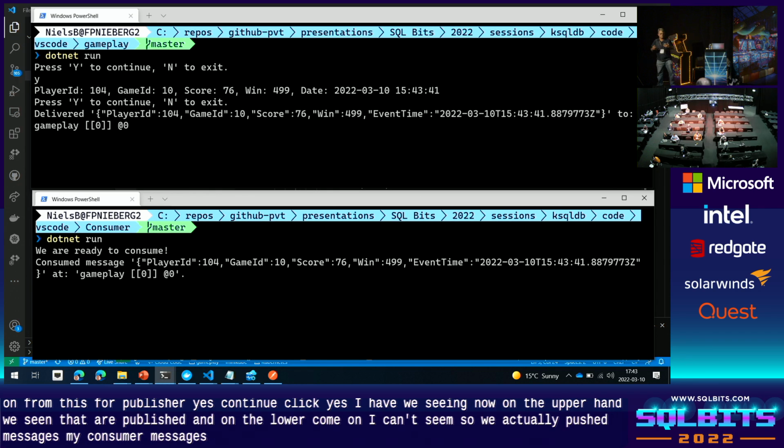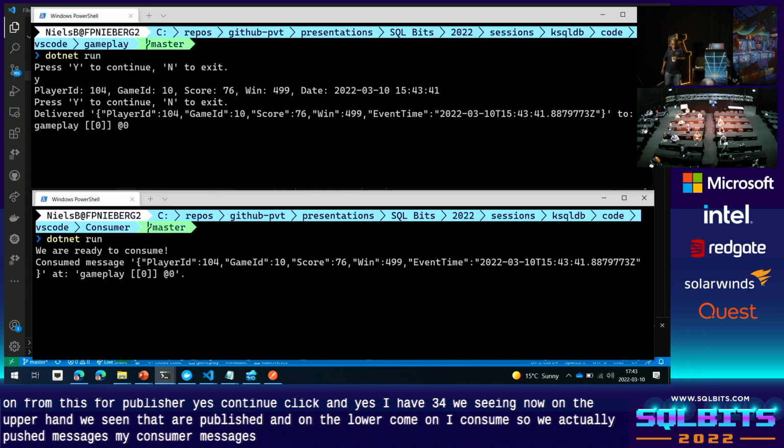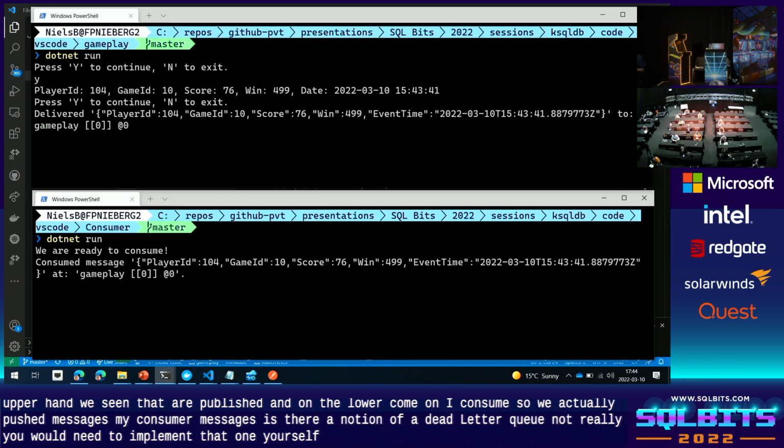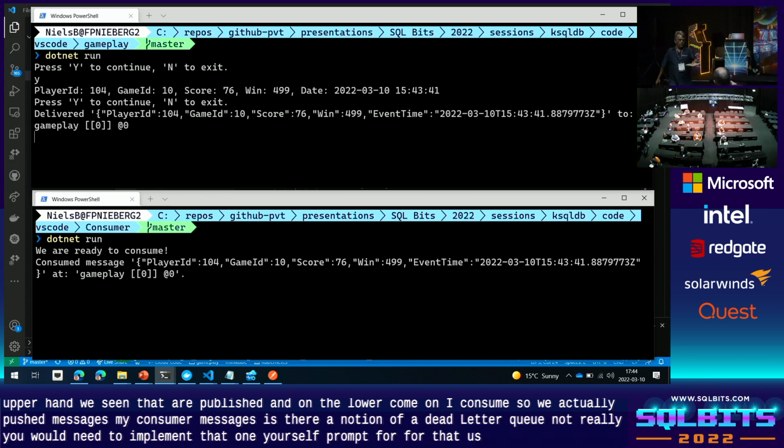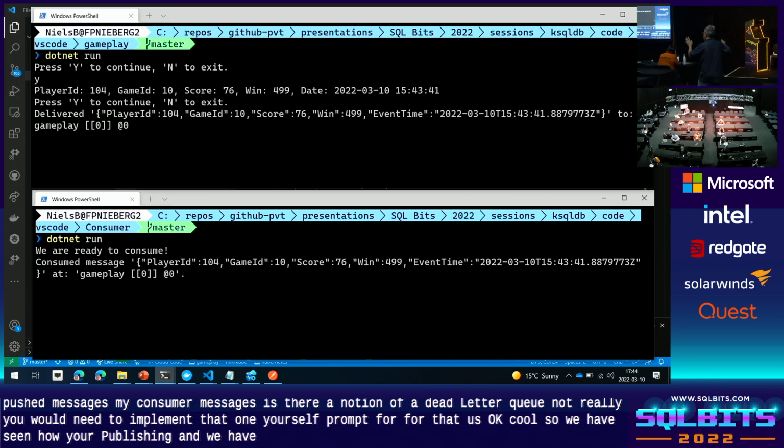Yeah? Is there a notion of a dead letter queue? So if something doesn't get consumed. Sorry, again? Is there a notion of a dead letter queue like you would have in RabbitMQ? Not really. You would need to implement that one yourself. Okay? And I didn't even have to prompt for that. Awesome. Okay, cool. So we have seen how we are publishing, and we have seen how we are consuming,